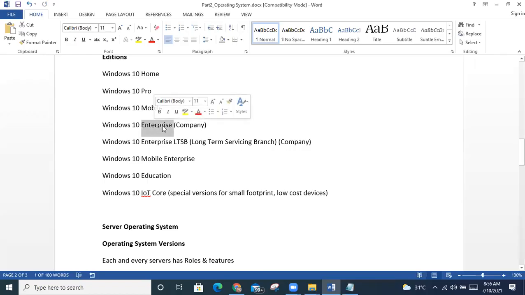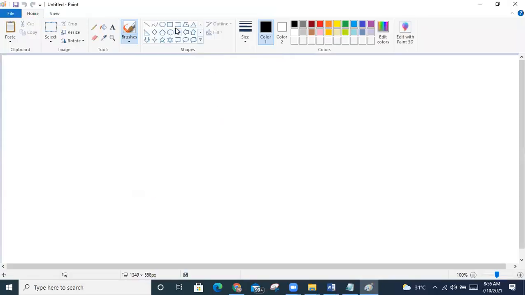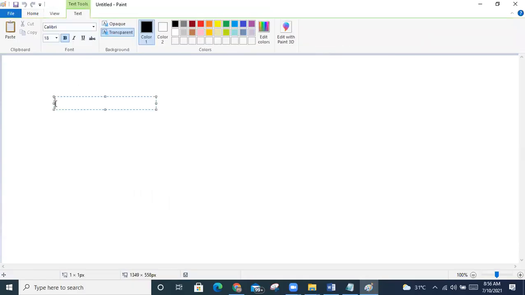Why do they use only Enterprise? Because the company has to purchase the license key from Microsoft, right? They will purchase one key and apply it to 1,000 machines via the network. Is it clear what I'm saying to you? Yes. So whenever you purchase a license, they will provide you one key. They will give you some product key.